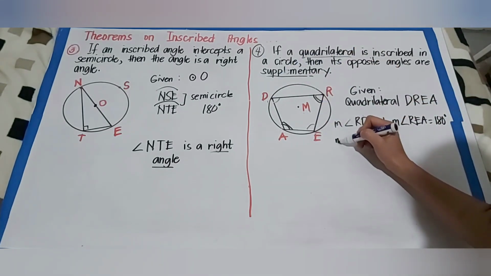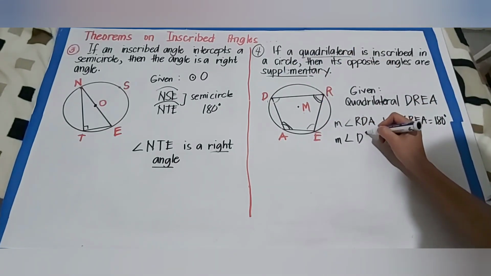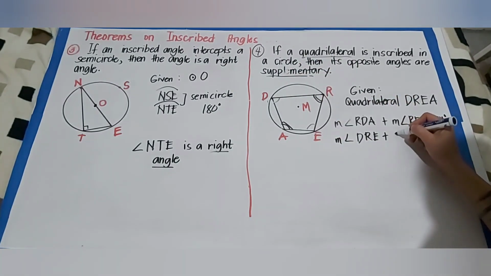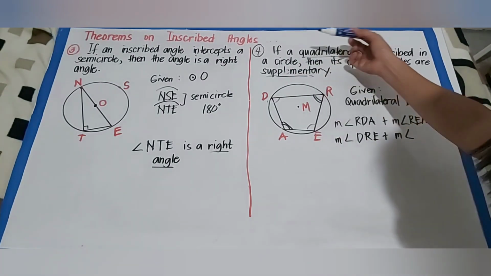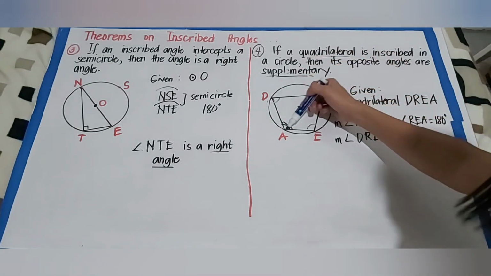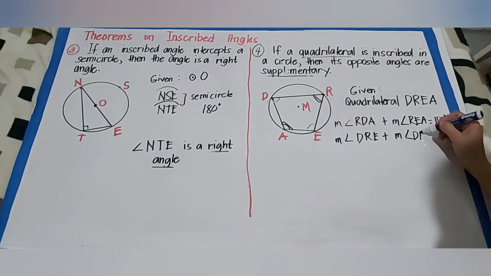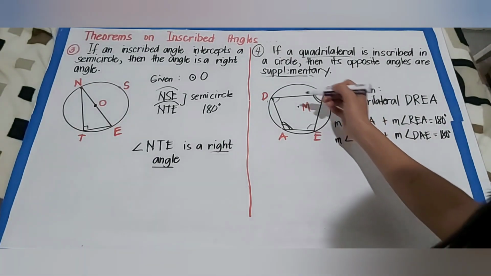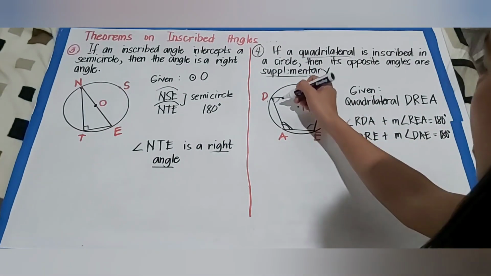DRE, measurement of angle DRE plus the measurement of angle DAE is also equal to 180 degrees. Again, opposite angles are supplementary. So, let's say for example, if this angle measures